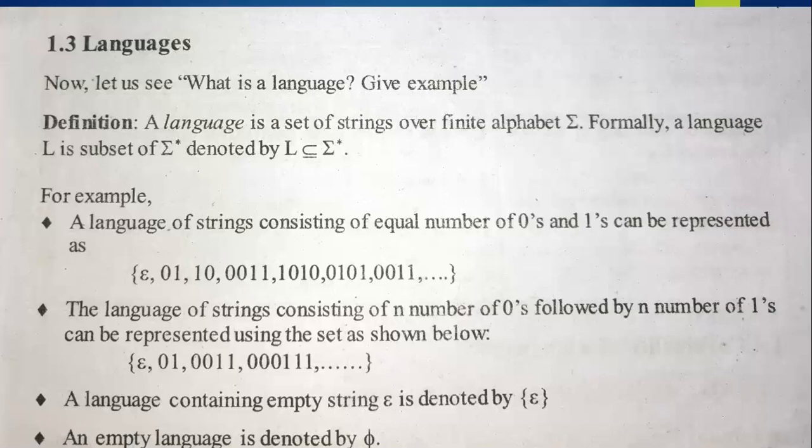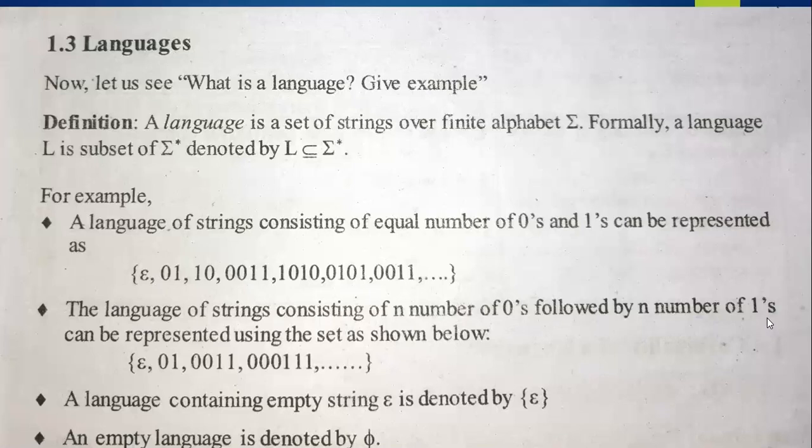They're saying a language of strings consisting of an equal number of 0s and 1s. 0 1, yes. The number of zeros is 1 and the number of 1s is also 1. 1 0, yes, equal. 00 11 equal. 10 10 equal. 01 01 equal. So like this, we can get countless, infinite string patterns. That is what we represent under sigma star. But out of that, we utilize only a few inside a language. Remember this.